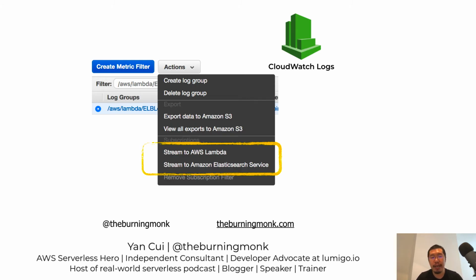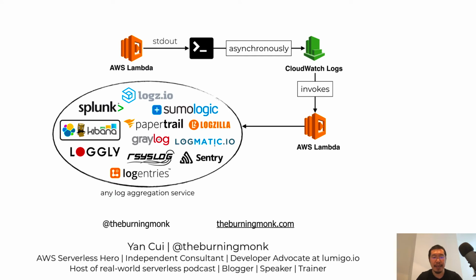So what most people do is they go to their log group, click actions, and then stream the logs to either a hosted Amazon Elasticsearch service, but more often I see people streaming them to a Lambda function. From there they can send those logs to whatever log aggregation service they want to use, be it Logs.io, some self-hosted Elk stack, Loggly, Logentries, Splunk, whatever. That's entirely up to you where you send those logs to. One thing to keep in mind is that while this setup is straightforward and really easy to get started with,